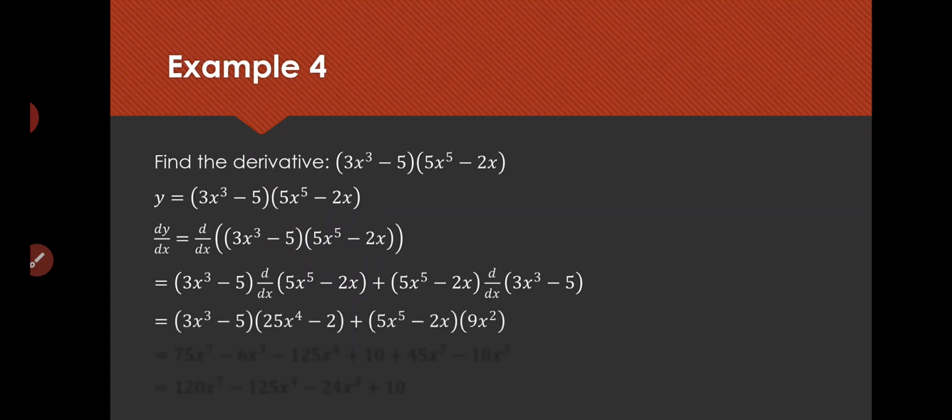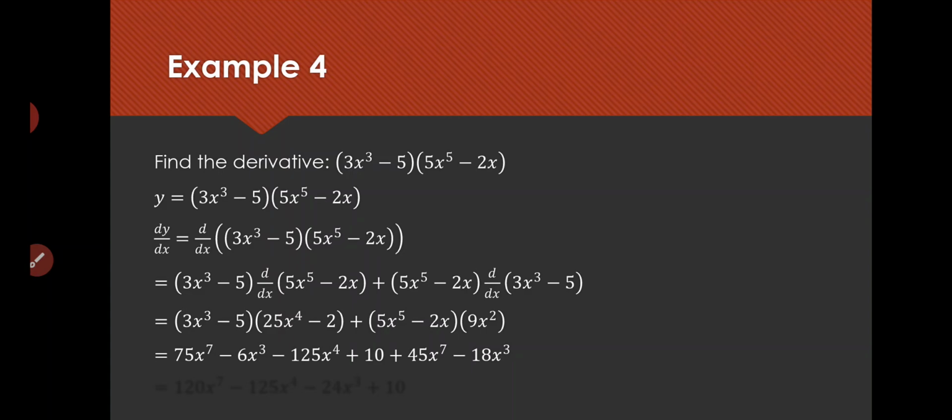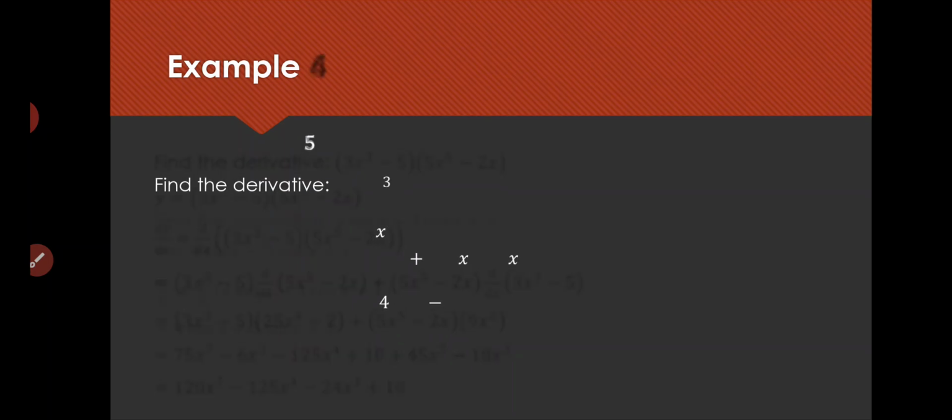I'm not explaining how to do the derivative anymore, because by now it is pretty well understood. So now I have to just go on doing the calculation and simplify and write the final answer. So after doing the multiplication, this is what I get. And then if I do the simplification, this is my final answer. Fine. Just try it once by yourself and I'm sure you will be able to do it.